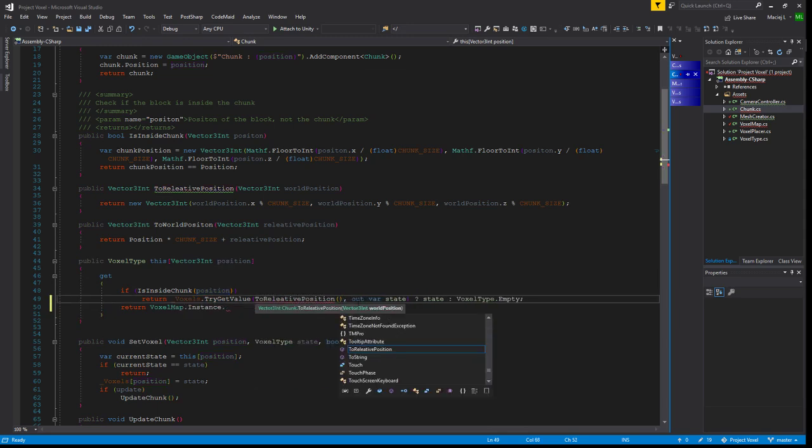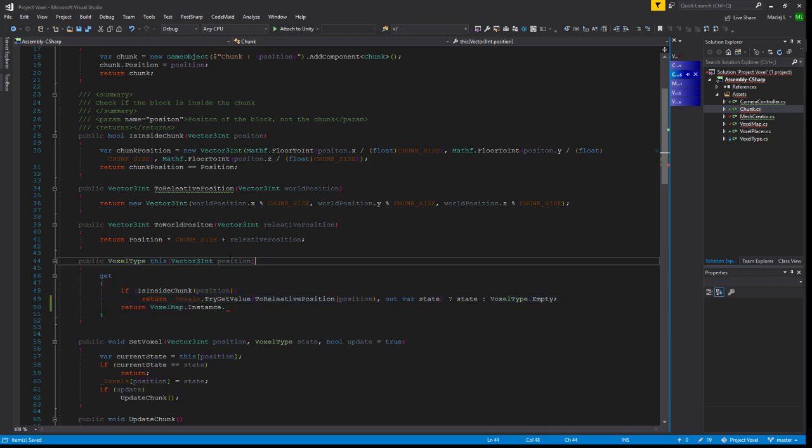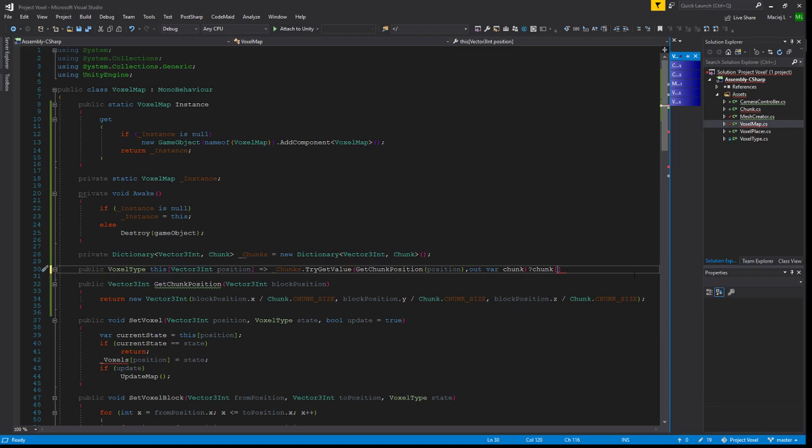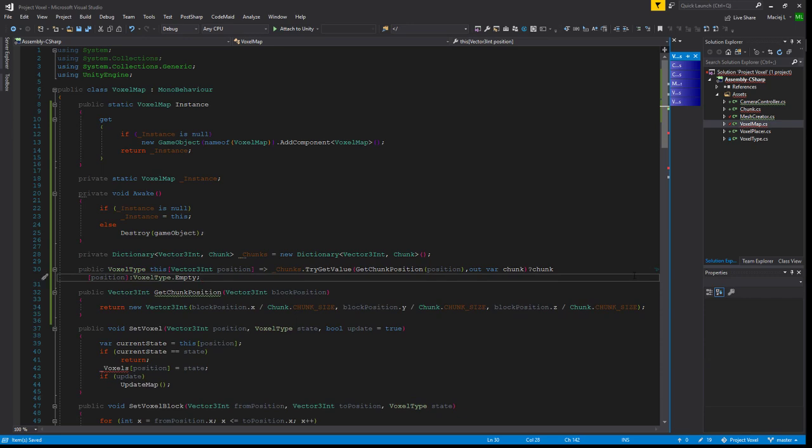Yeah, position. Yeah, because we passed the world position here. So chunk dot position. If not, we just return voxel type dot empty. Because if there's no chunk of it, we just assume there is a